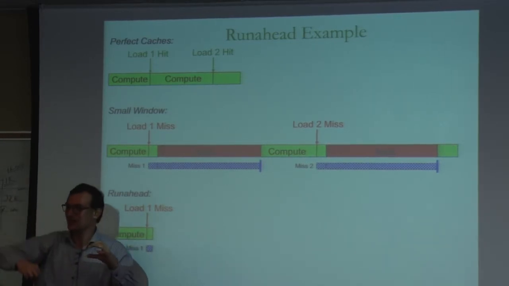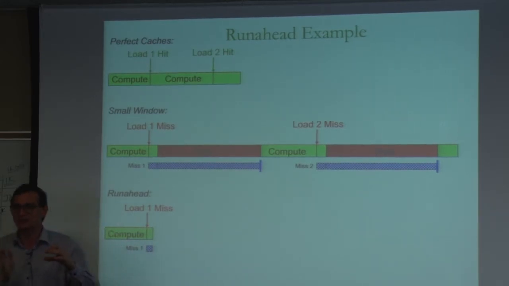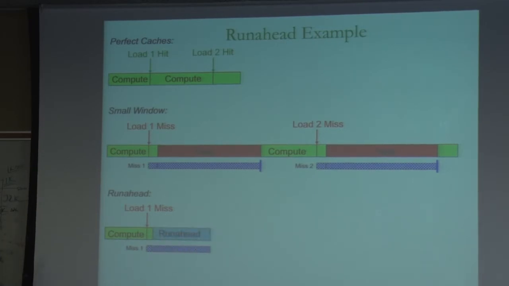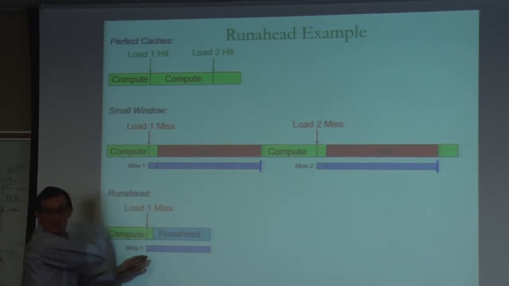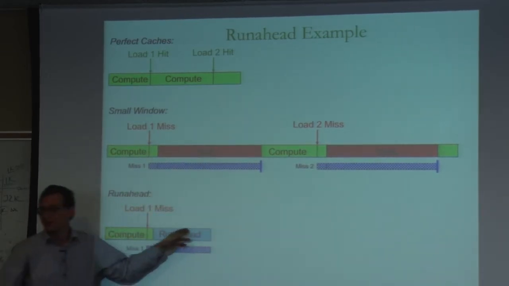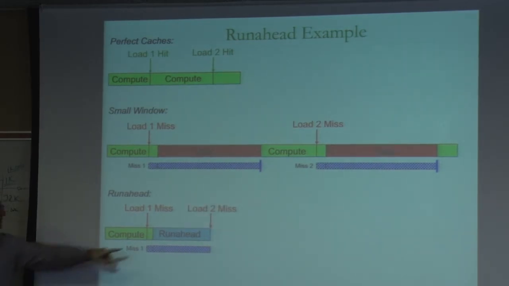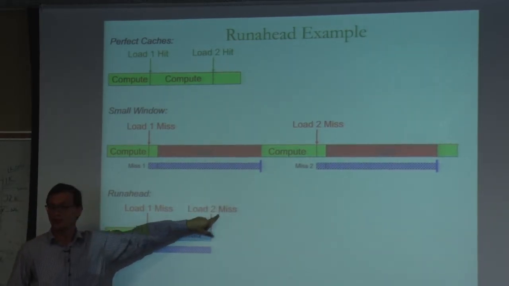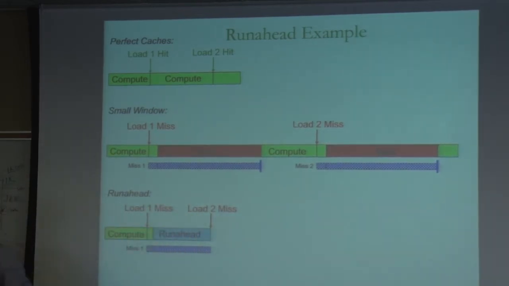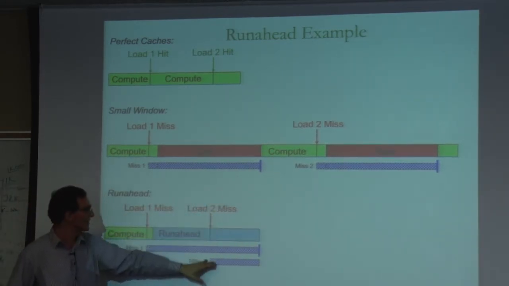When you go back and re-execute instructions, you'd better have the same global history register, because that reflects what your branches were at this point. You don't want to pollute it. And the processor enters this mode where it speculatively processes instructions, called run-ahead mode. Now it can get rid of this load 1 miss out of the window such that it can fetch more instructions. So it can actually make progress in the program instead of stalling. And while it's making progress, it can discover this load 2 instruction. And if this load 2 instruction is independent of the load 1, it can actually be executed. And it can generate its address and assume that it's a cache miss over here. It can generate that cache miss.